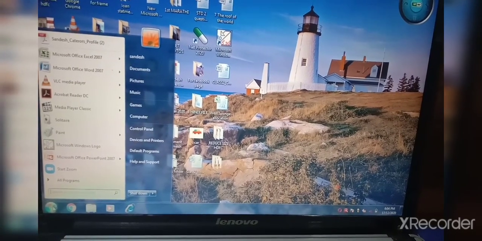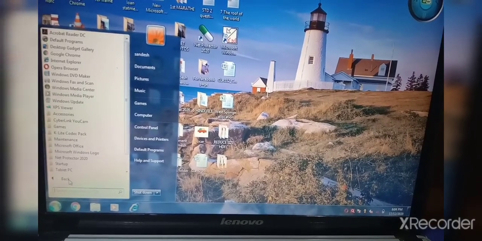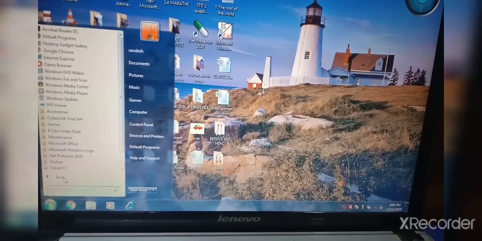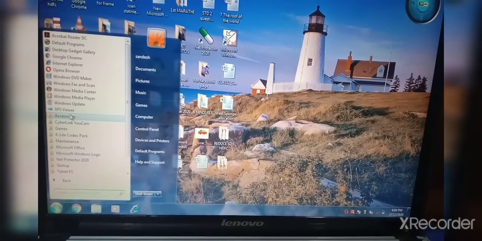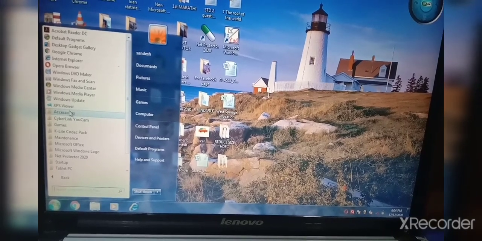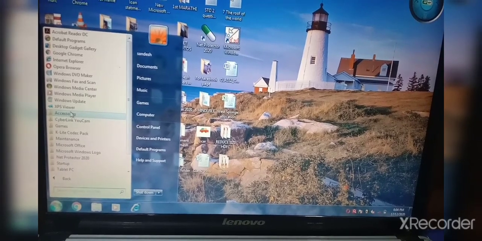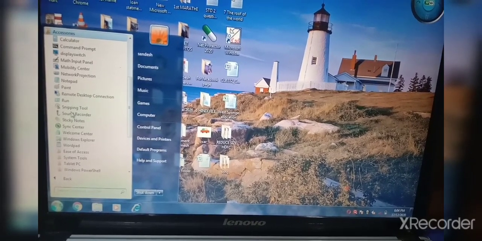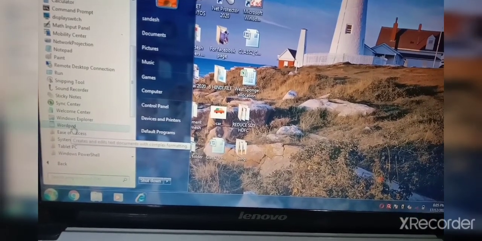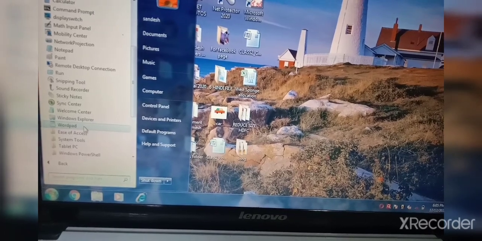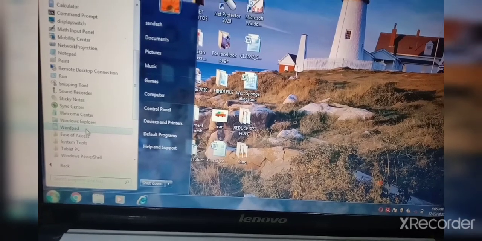Now you can see the all programs option. In all programs you can see the accessories folder. Click on this accessories folder. Now can you see this? This is WordPad. Now click on this, children.